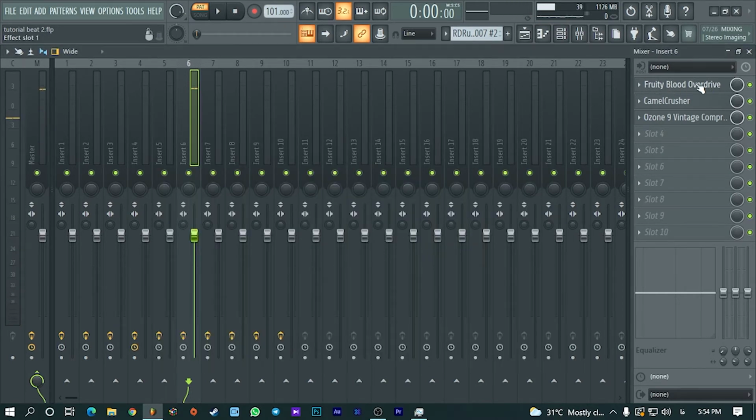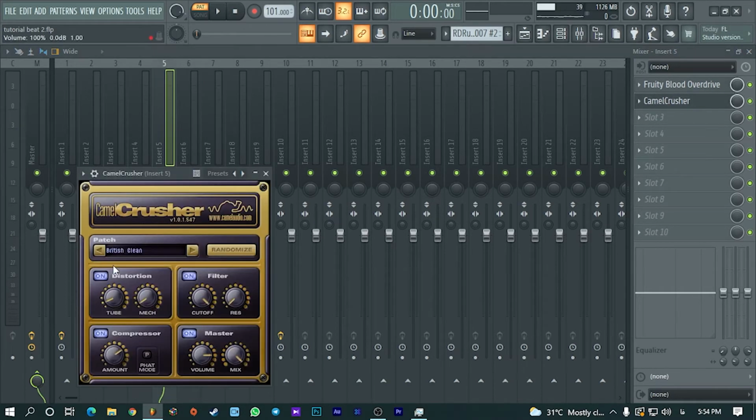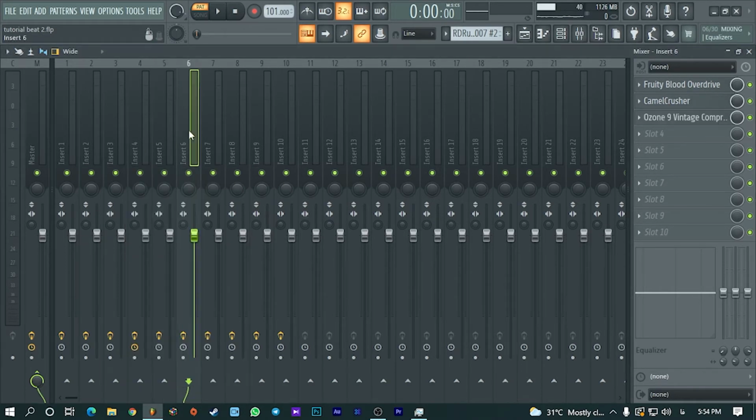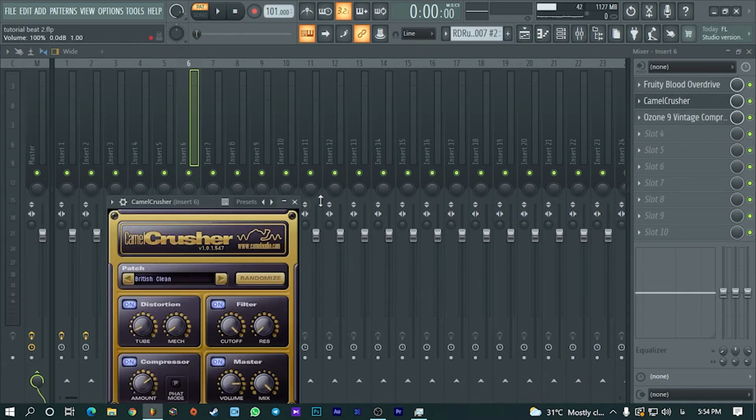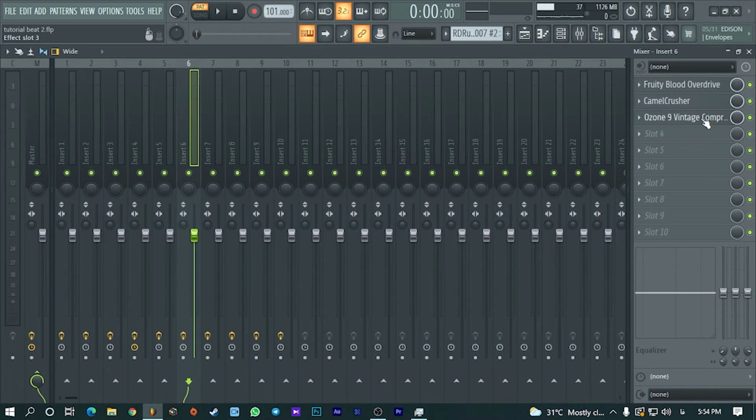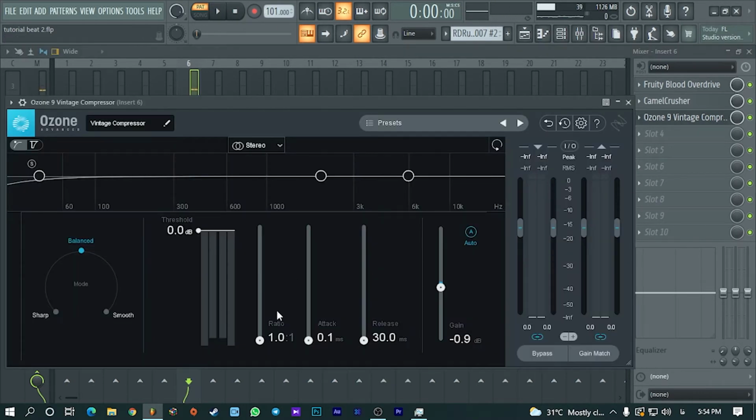For the hi-hat, I just overdrive it, and for the kick, I used the preset British Clean, and the same for this. It makes the hi-hats a little bit choppy and hard. I just compress it. Mostly my compressors are like this. The threshold is all the way up,